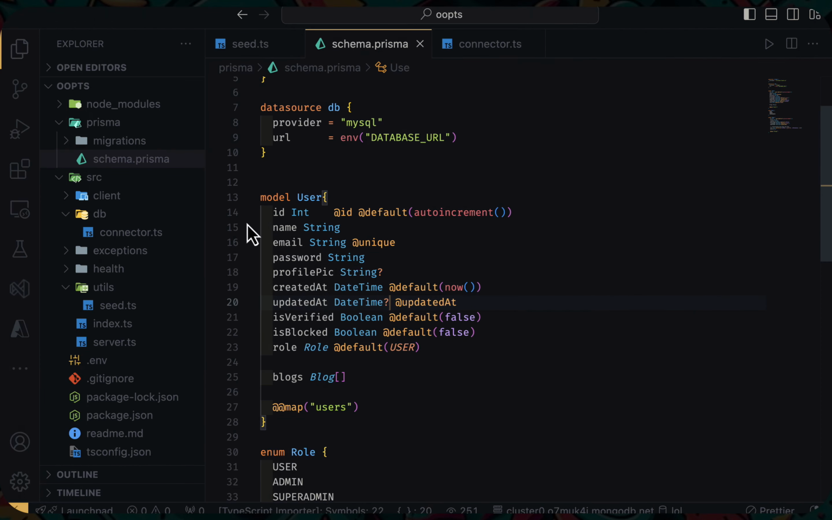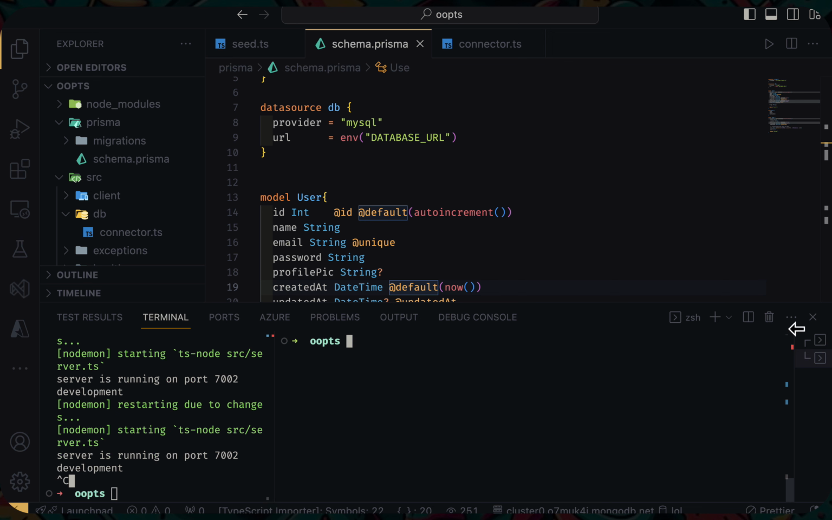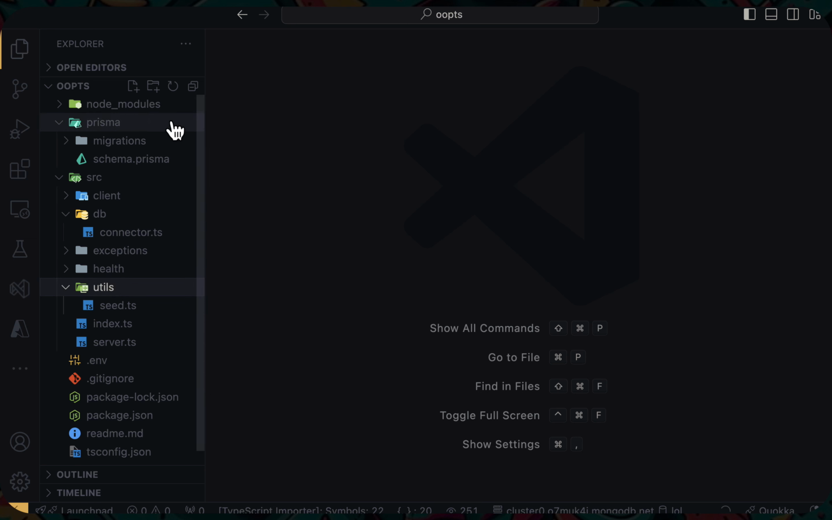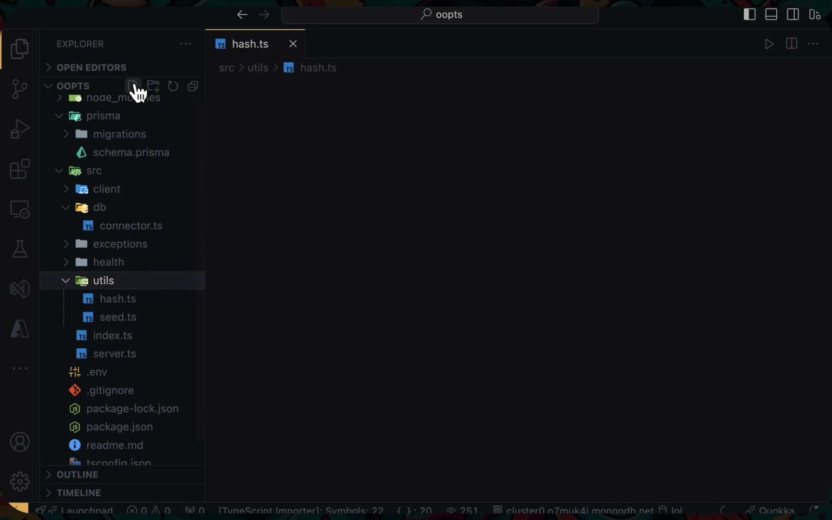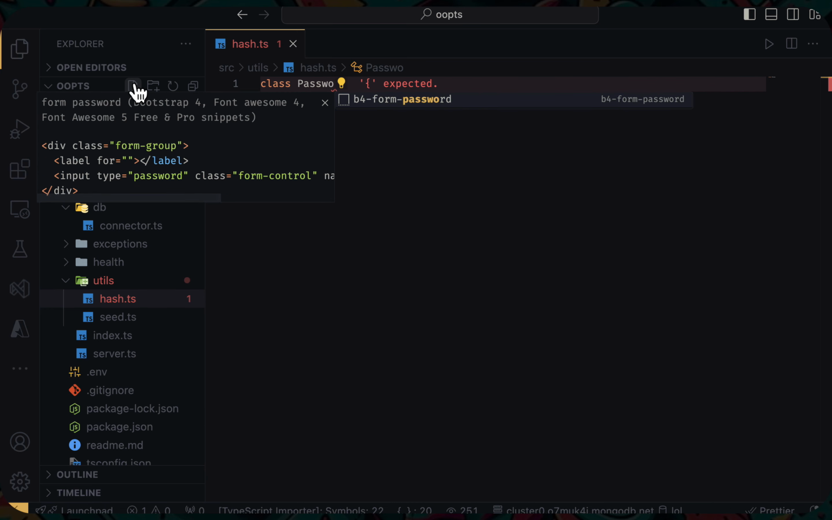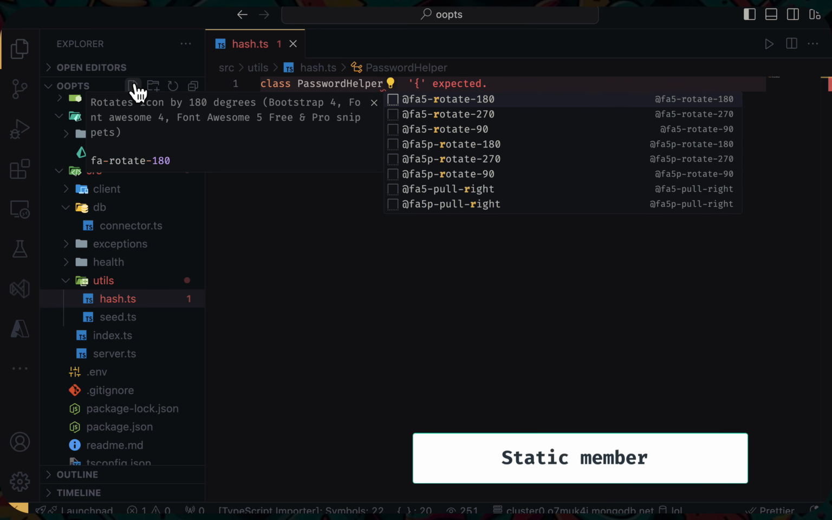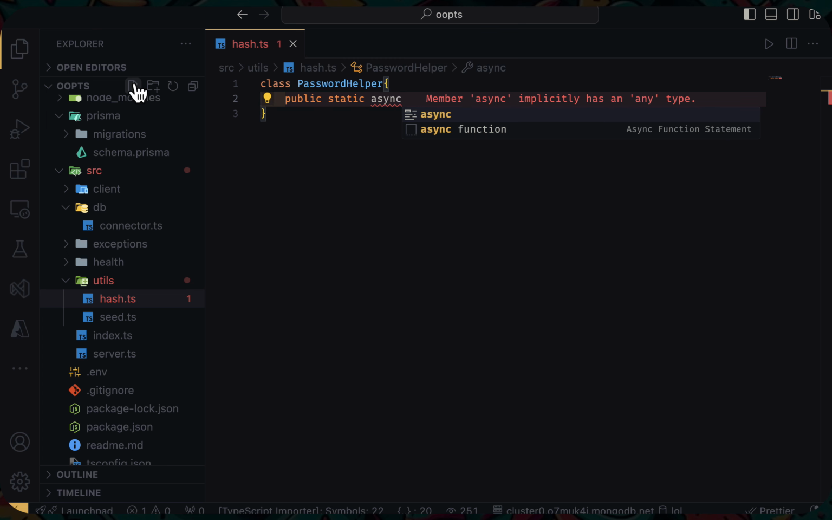So I'll go back to my VS Code and I'll open inside the utils. I'll stop this for now. Clear the terminal and kill this. Then close all files, create another one, let's call it hash.ts. Then we can create a new class called PasswordHelper. It's going to be a static class. Then we can have public static async hash